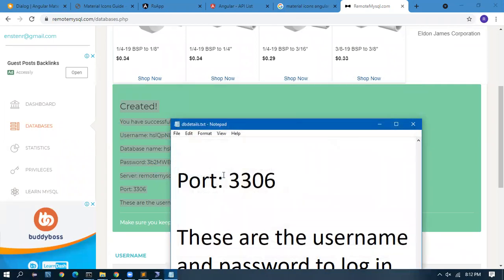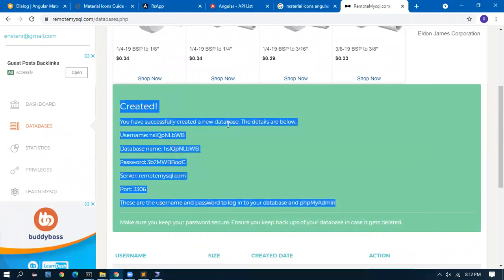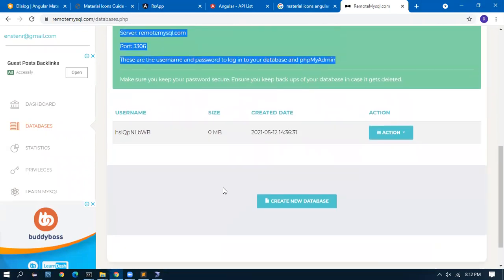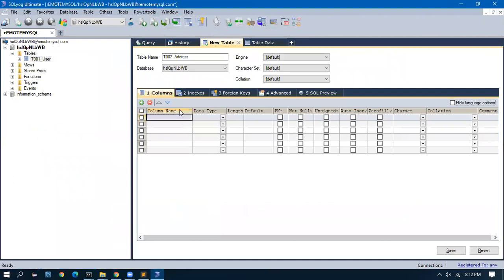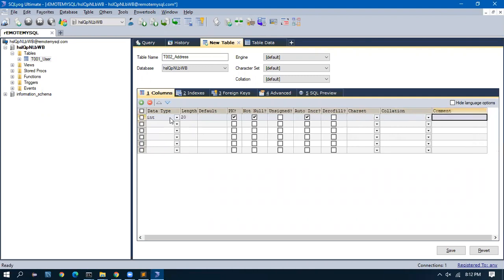DB details. Okay, I'll go back to this. I'll create an address table. The column in the address table will be address ID, which is an integer. I'll have 20 as the length, primary key, auto increment.